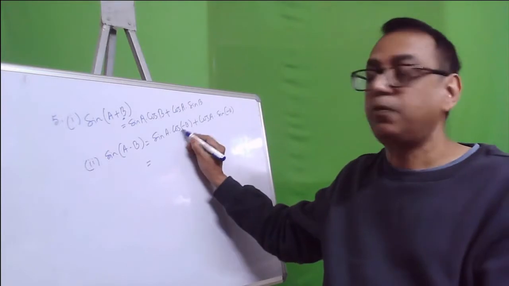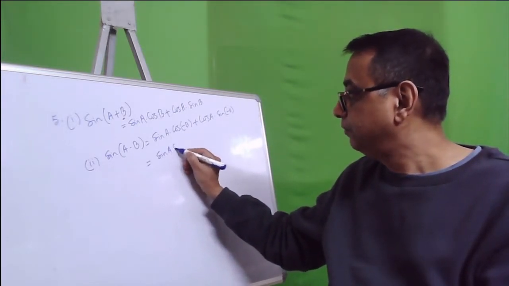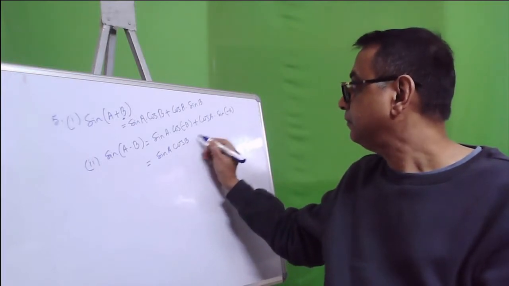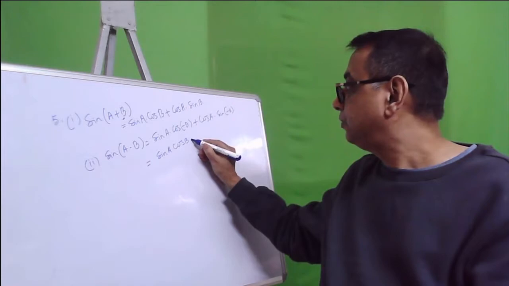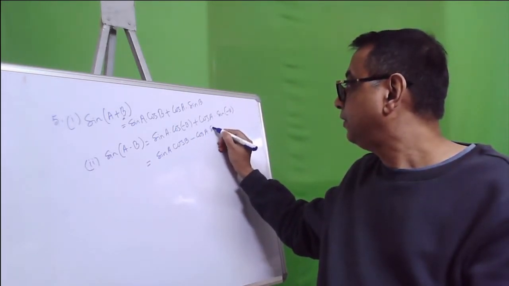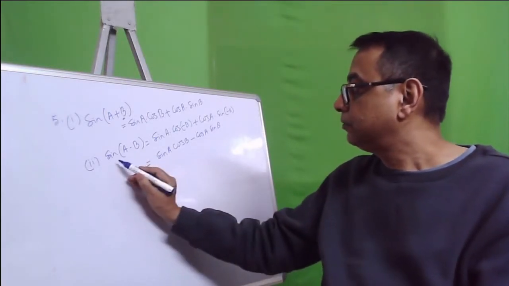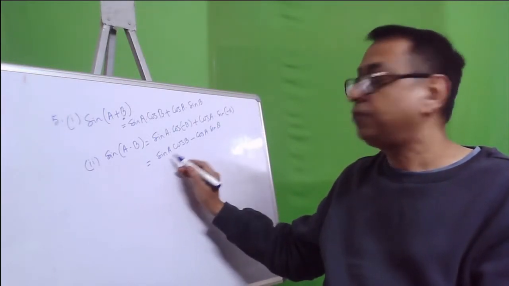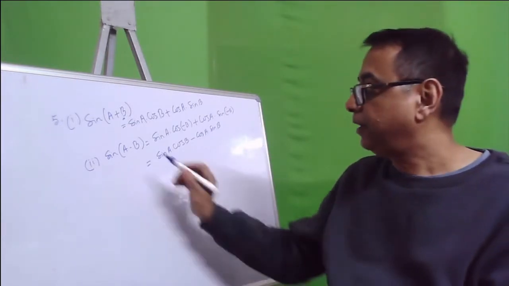Now we know cos(−B) is cos B, so it will be sin A cos B. Now sin(−B) is equal to −sin B, so it will be minus cos A sin B. So sin(A−B) is equal to sin A cos B minus cos A sin B,